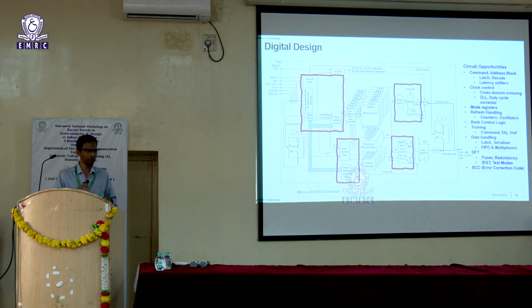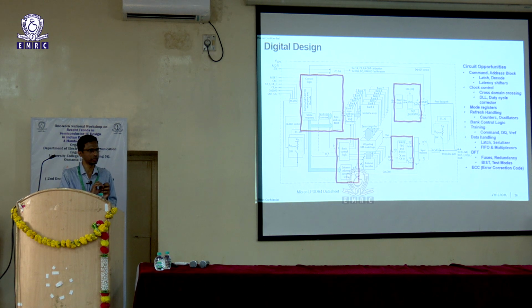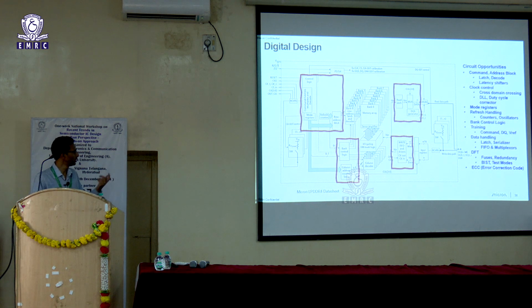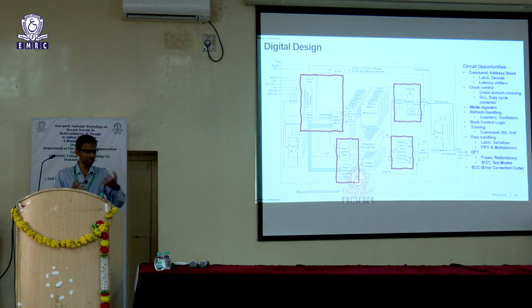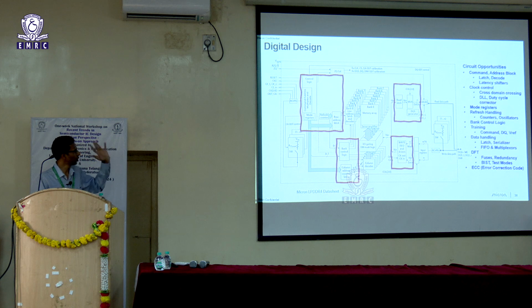So suppose we have ensured that at the time of packaging, when we are handing it over to the customer, everything is working perfectly. But in the field, there could be some glitches wherein you could start seeing single bit fails. So how do you address those? To address those, you would need to have error correction codes. So data doesn't come out as is, but you will take it through an ECC engine, so that if there are any single bit fails, those get corrected out. So all that needs a lot of digital design that goes into this.